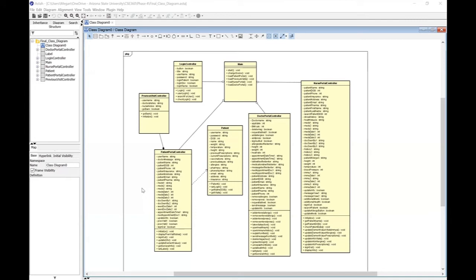Lastly is the doctor portal. They can see everything that the nurse can see. They just have a lot more things that they're able to change or update. They can add allergies,